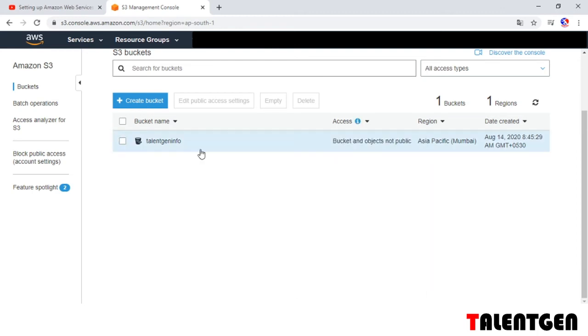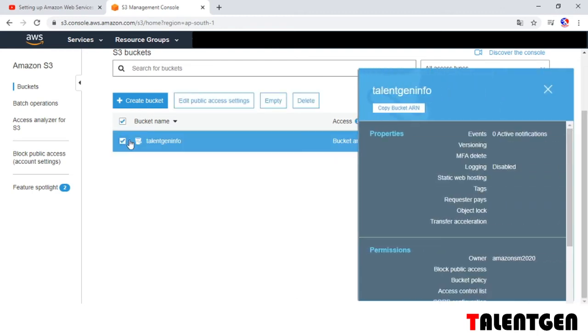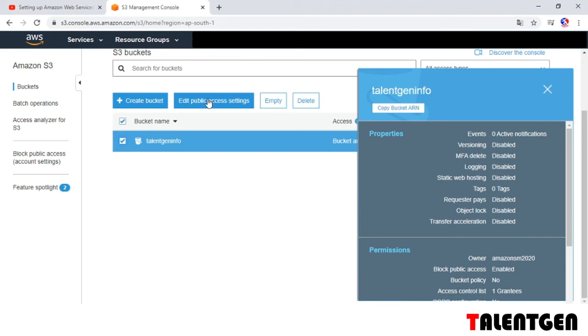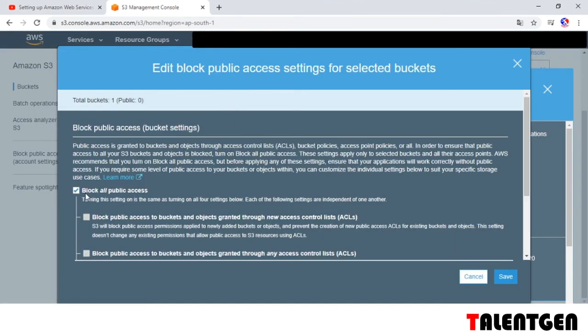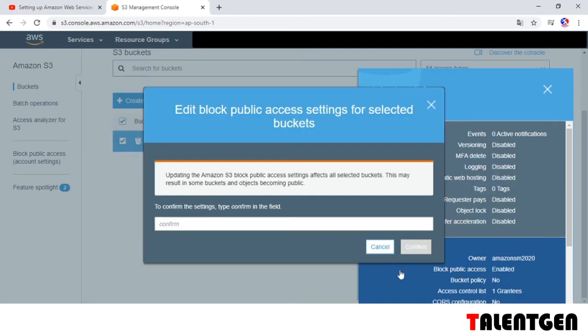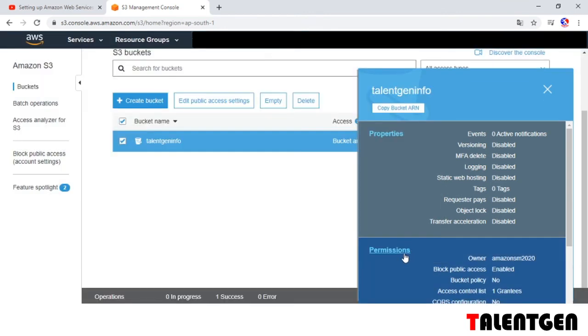Now select this bucket and edit the public access settings, and uncheck all the block public access options, save it and confirm. Type confirm, and confirm.